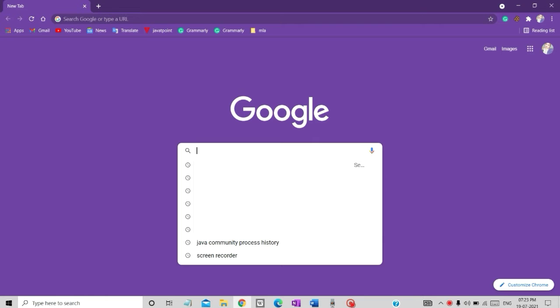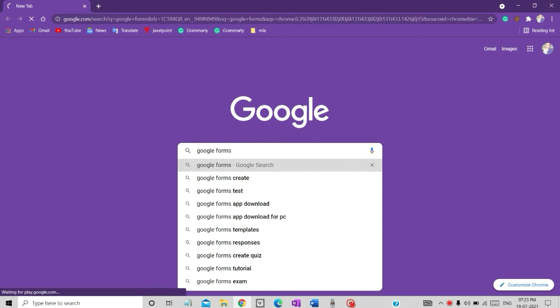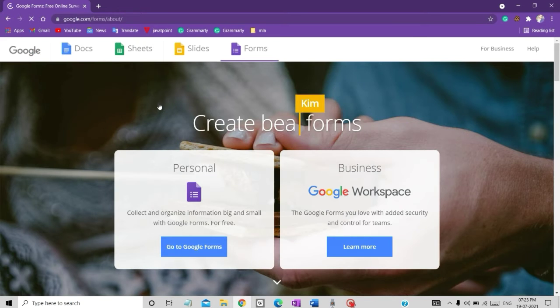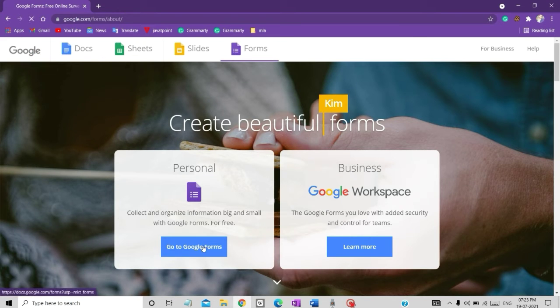Okay, so here I will show you how to create Google Forms. So I will type here Google Forms, and so here you have to click Google Forms free online surveys for personal use. After that you have to click here go to Google Forms,